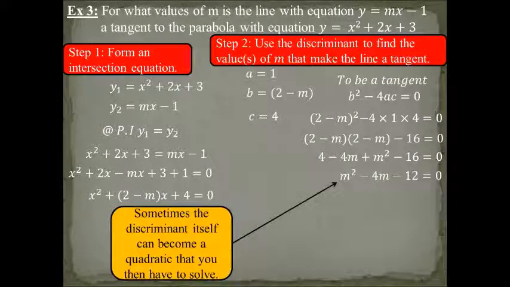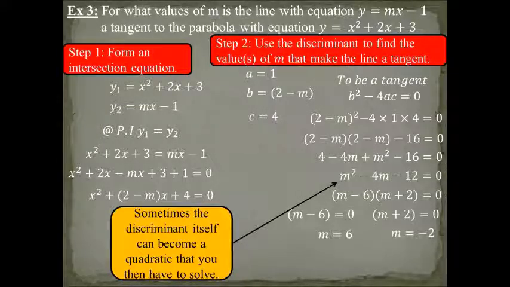So it's really important to understand that sometimes the discriminant itself can become a quadratic that you then have to solve. So you have multiple layers of quadratics. You've just got to get used to that. That's the skill of maths, being able to use multiple layers of the same type of equation, but in obviously all different contexts. So factorising is our means to solve a quadratic, if it is factorisable, which in these scenarios it will be. Get your two factors, solve for them, and those two values of m will be the solutions to the question you asked, which was